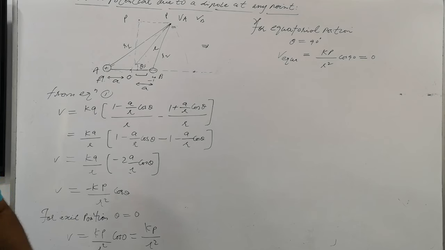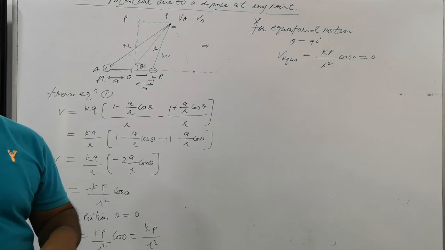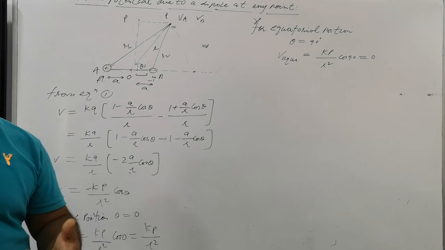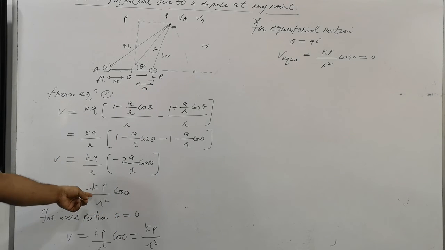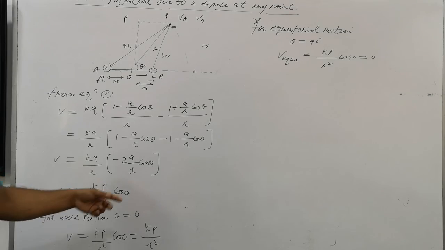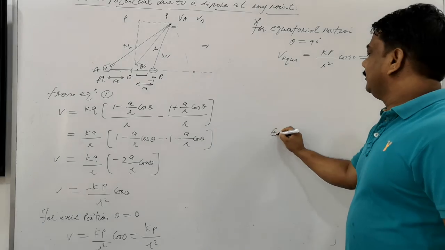So there are many ways by which questions are asked in the examinations. Like, prove that the electric potential at a point on the equatorial position is 0. So you will just do this solution. This you must remember here, right? So there is another one also, for the electric dipole, only for the equatorial position.